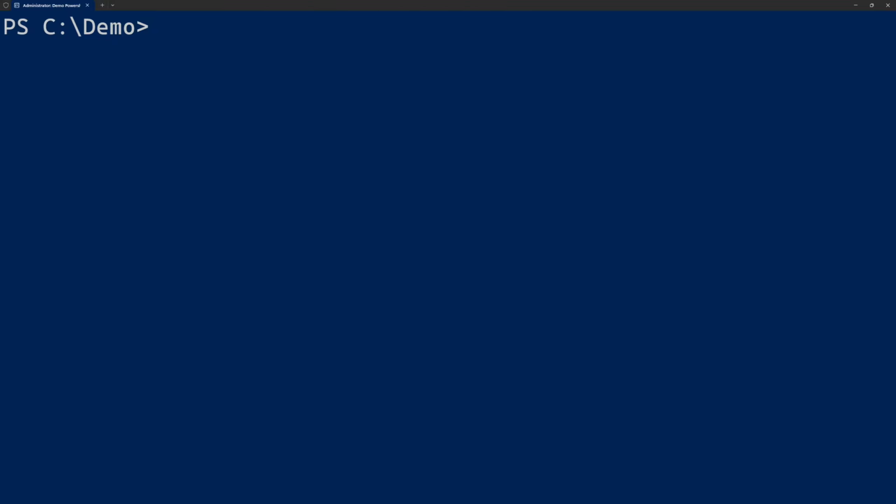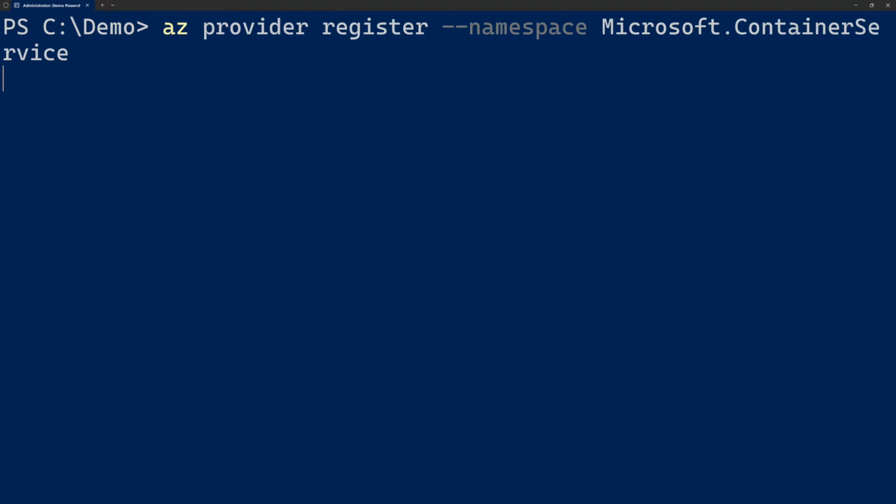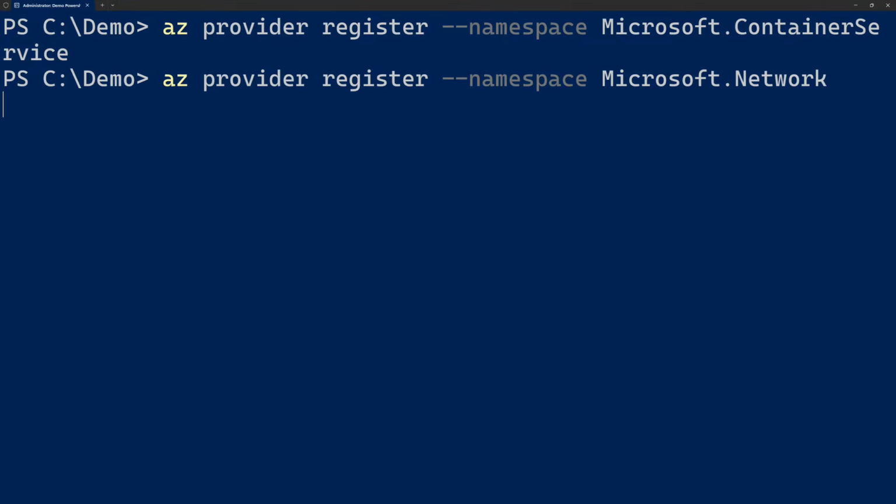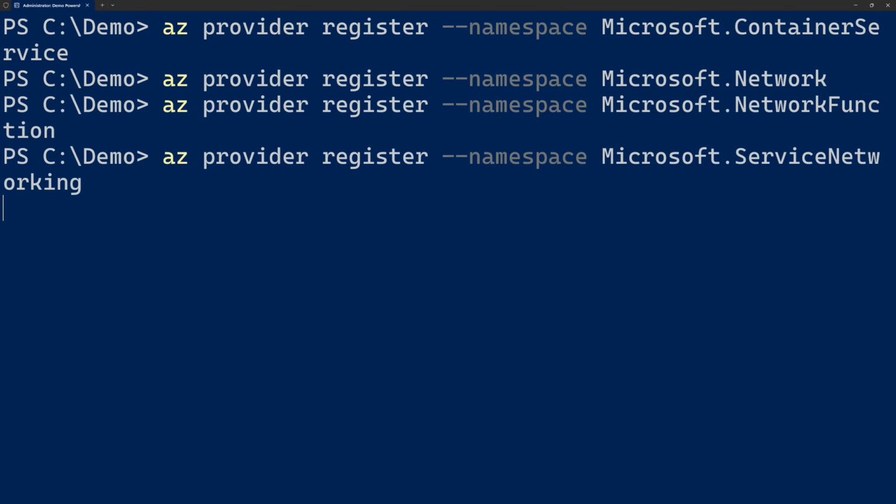Alright, here in the terminal, first we have to register a couple namespaces. You only have to do this once for a subscription, but just in case I'll show you how to do this. So it's az provider register, and then you provide the namespace you want to register. In our case, that's 4 namespaces: the Microsoft Container Service, the Microsoft Network, the Microsoft Network Function, and the Microsoft Service Network. When you do this the first time, it usually takes a couple minutes, and you can also check